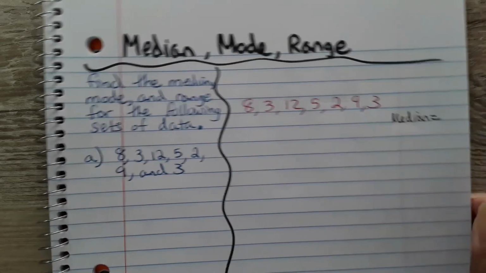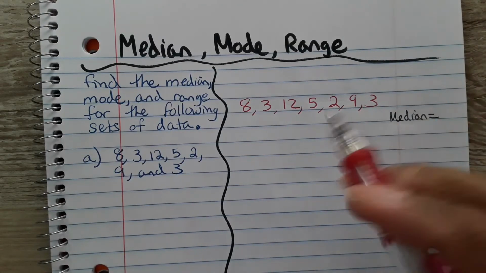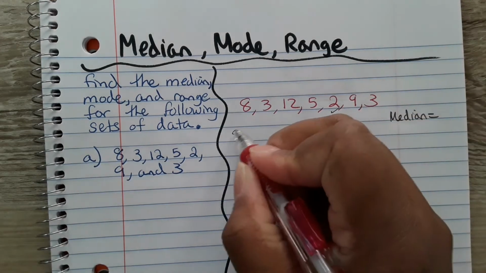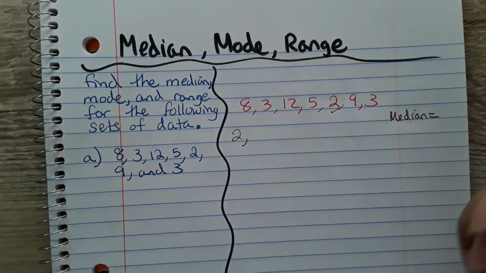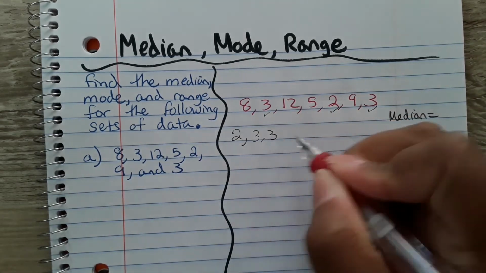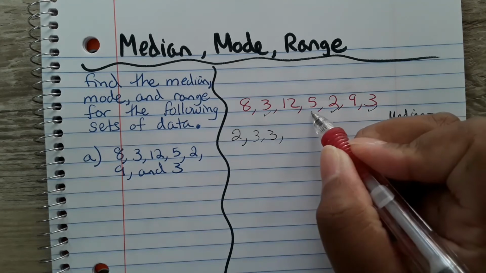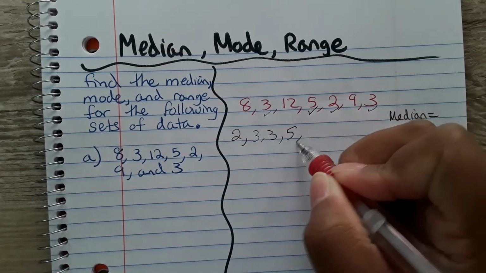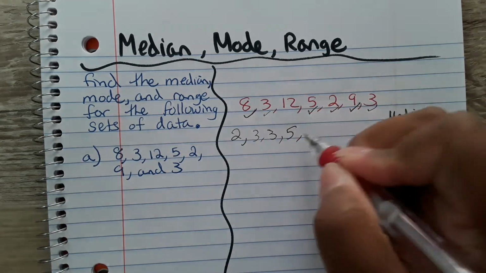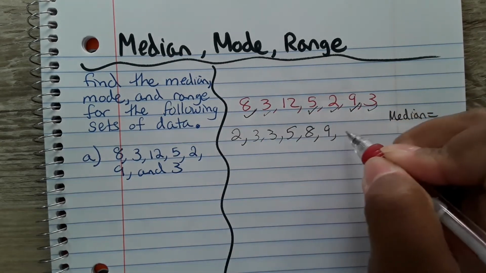To find my median, I know I need to do the first step, which is to order my numbers. So I see 2. Next up would be 3, and I have 2 of those. Then the next smallest number would be 5, followed by, it looks like 9, oh, nope, 8, then 9, then